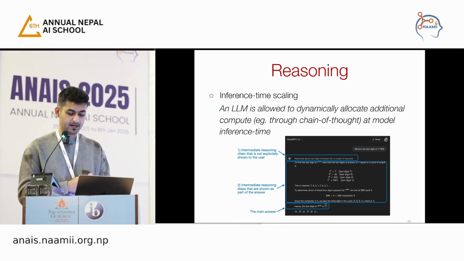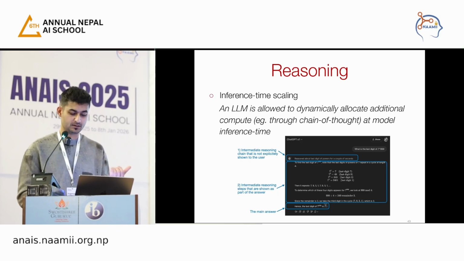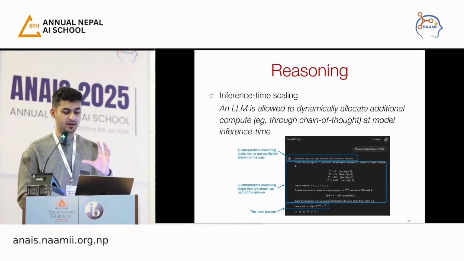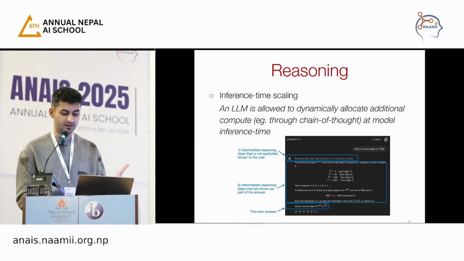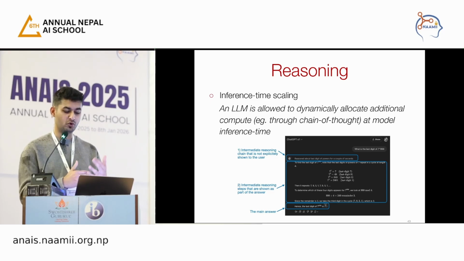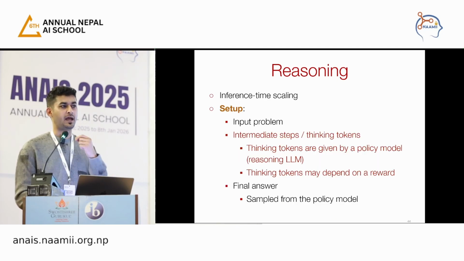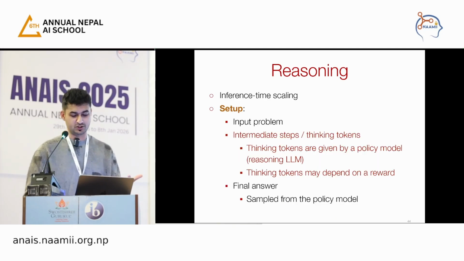So nowadays, if you use a model and you have a question, it does some intermediate reasoning, for UI/UX purposes. The models may obscure some of the chain of thought, some they reveal, and then they give the final answer. So this is inference time scaling. You're scaling the model to gain more capabilities by having chain of thought at inference, and this is dynamic. There are a lot of ways to achieve this, and I'll show some of them here and how it's achieved.